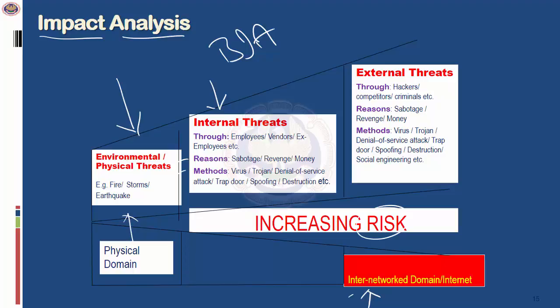Or if you go to a branch, the maximum loss to the branch would be the cash which is available at the particular branch. Now you find the bank is using a core banking solution. Now, where is the cash? You don't need the cash. All the assets of the organization are available in information, and this information is available in a digital form, and this is available in a database.